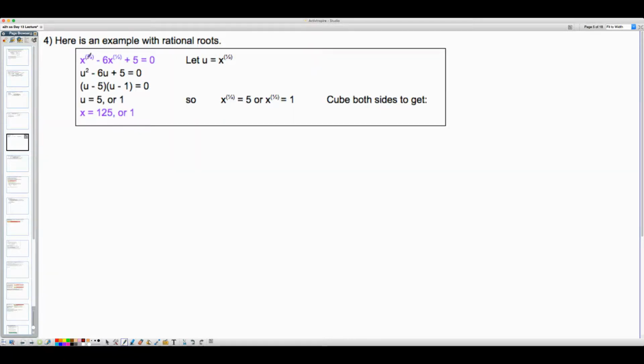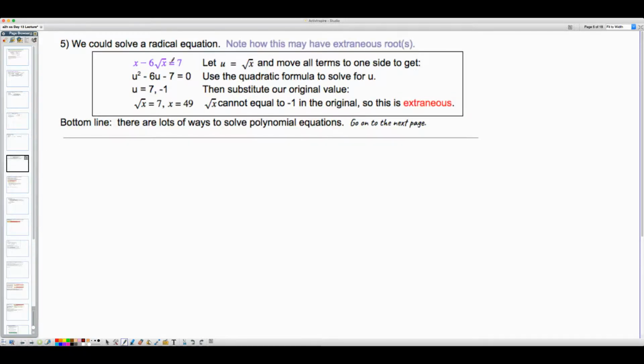Here I've got a fraction. Well, if I use x to the cubed is equal to u, then I could rewrite it, factor it, and solve it. To solve a radical equation, if you have extraneous roots, this is something to watch out for. If you let u equal the square root of x, then I can rewrite this as a quadratic, solve it, and end up with